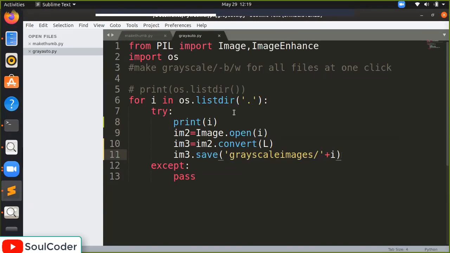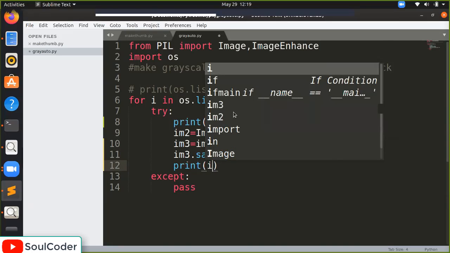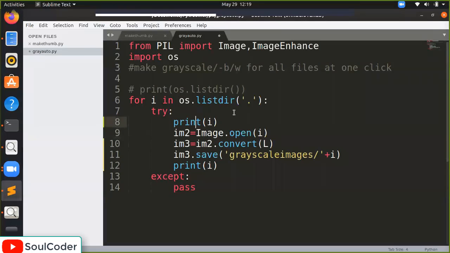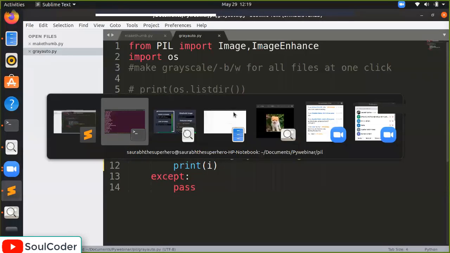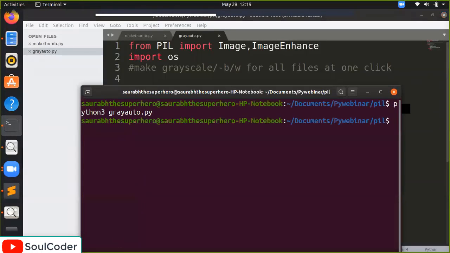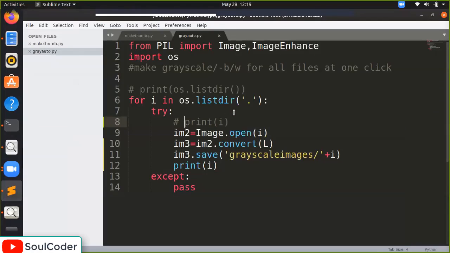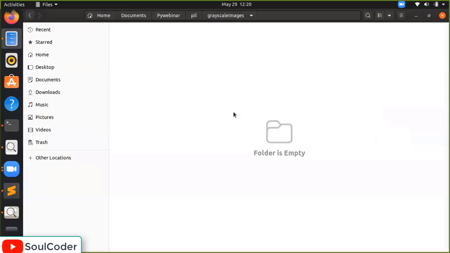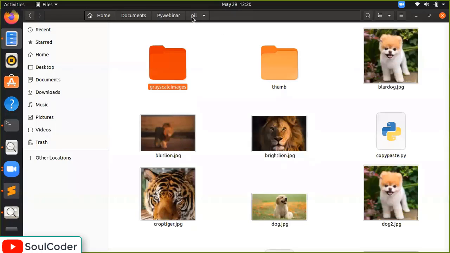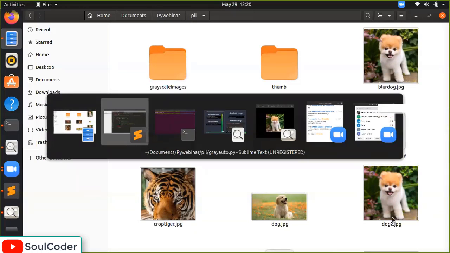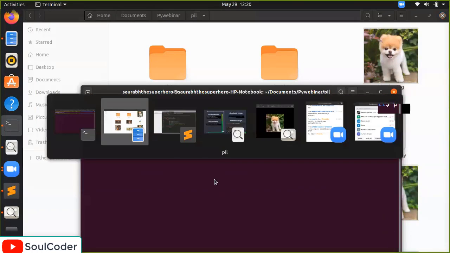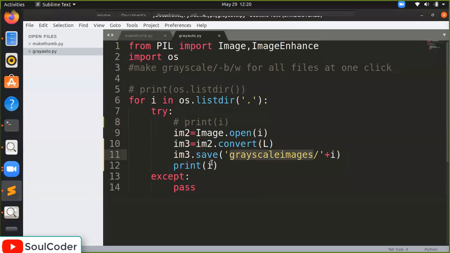So I will try to put print i, and comment this section. Can you understand? This part is not working. There is some error over here. What can it be? When I am running it, I am 3.